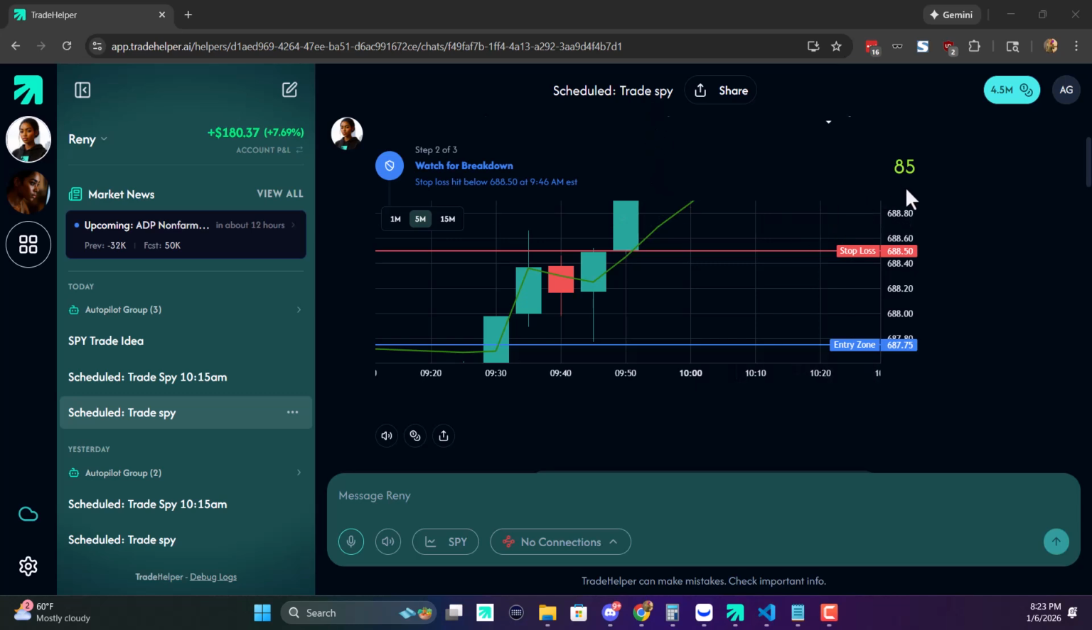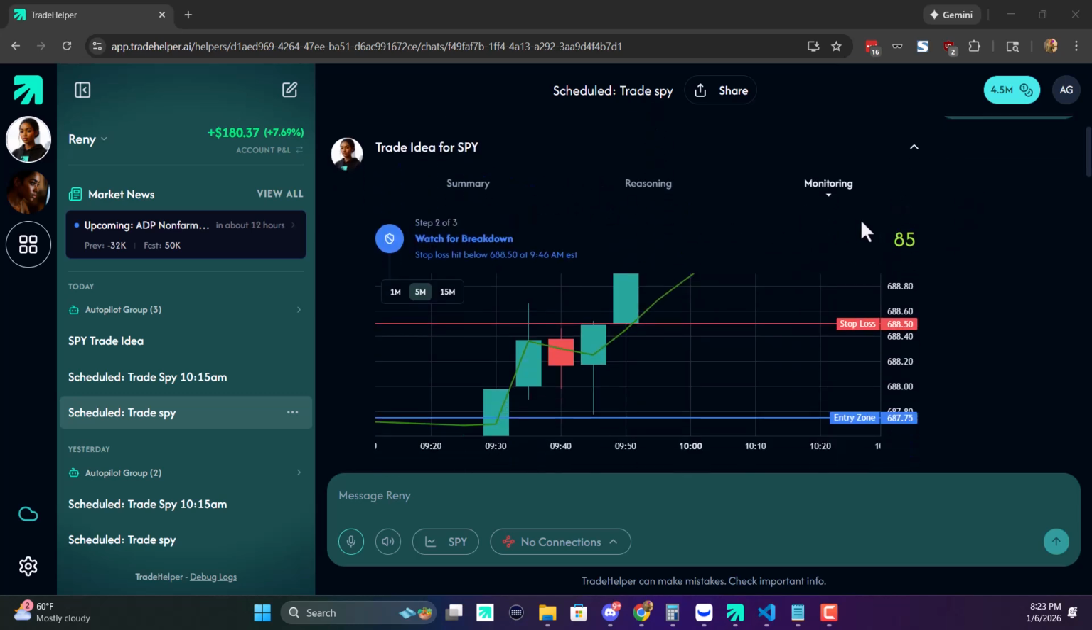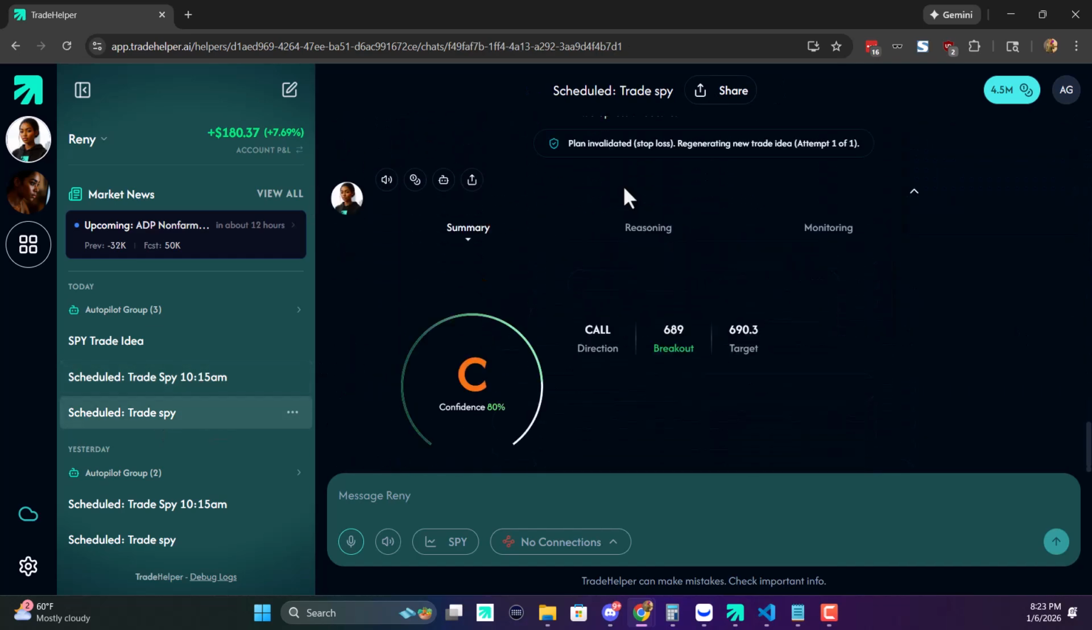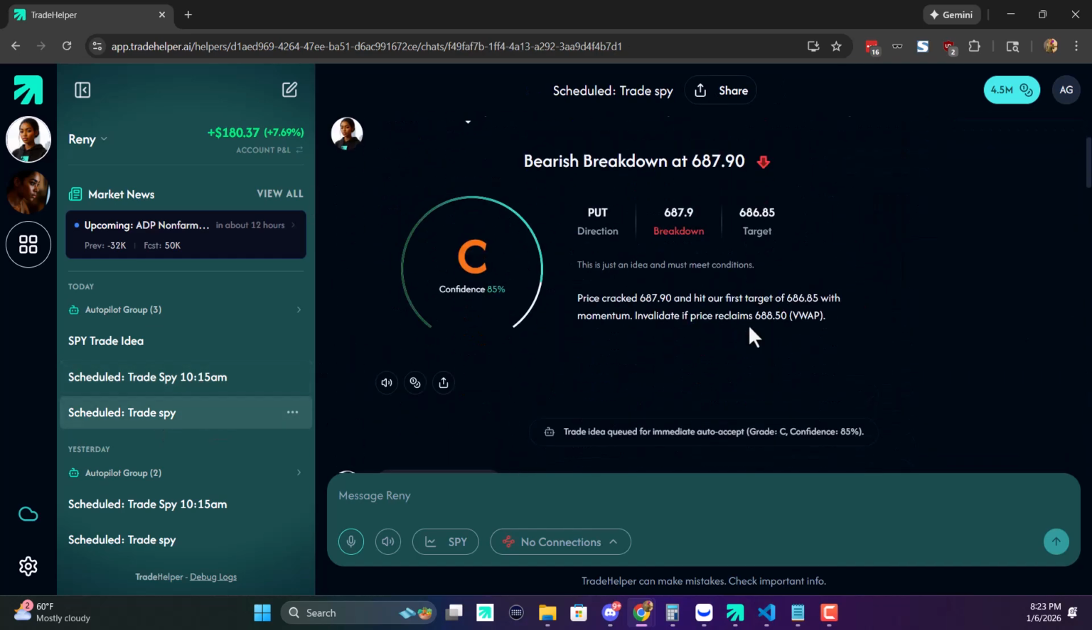Yeah, so as you can see, it monitors the trade and it goes from step 1 to step 2 to step 3. Now, I want to talk about the steps and the settings in the steps so you guys can understand what it's actually doing to get you into the trade, right? So let's go to, oh, by the way, the stop loss killed this trade and it had to generate a